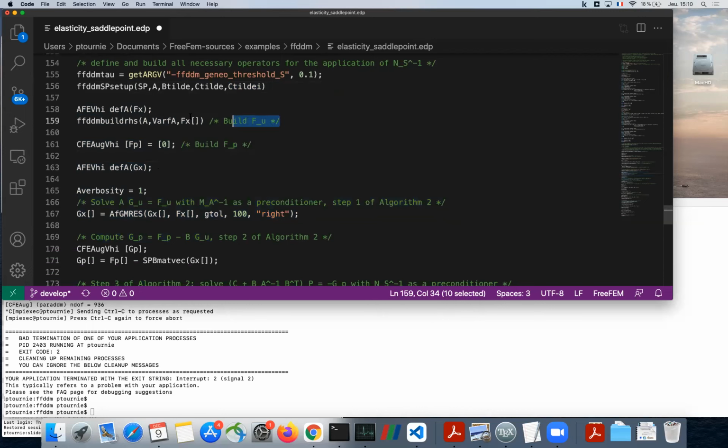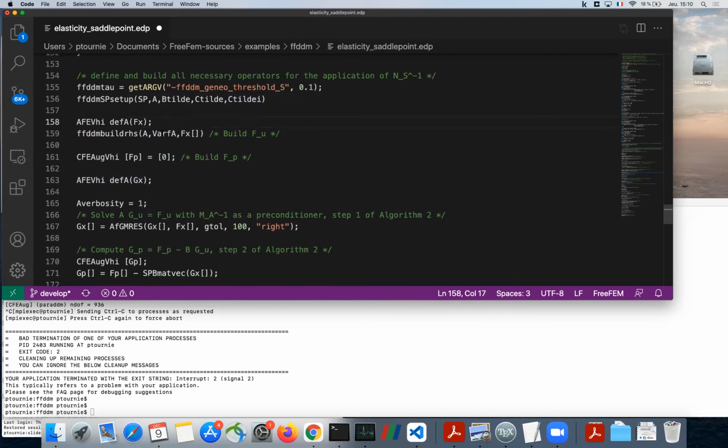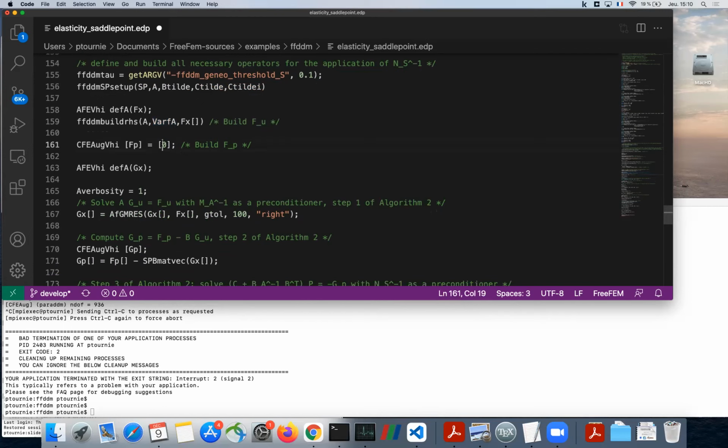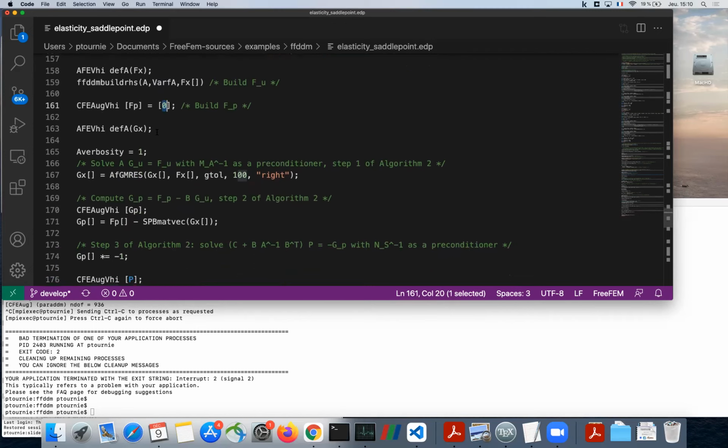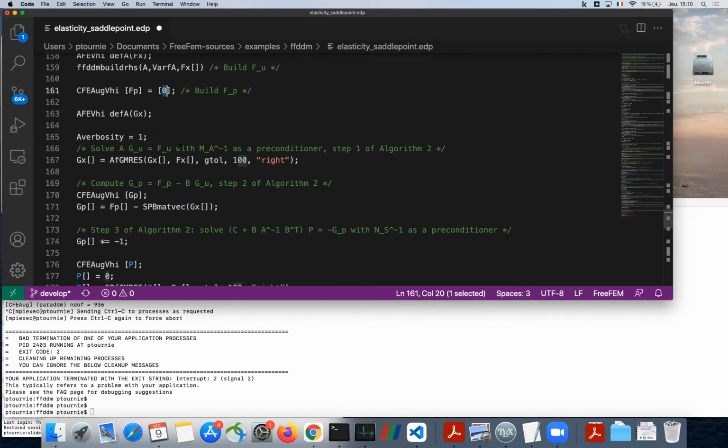So we have the right-hand side for the A block, the Neumann boundary condition, which I take as a linear form from the variational formulation F. We have the right-hand side for the pressure, which is 0 in this test case. Then I need to solve A g equals F in order to go to the pressure space.